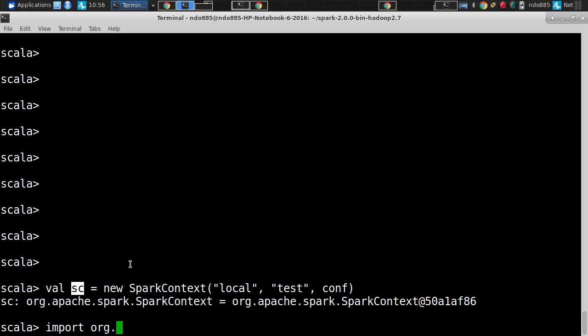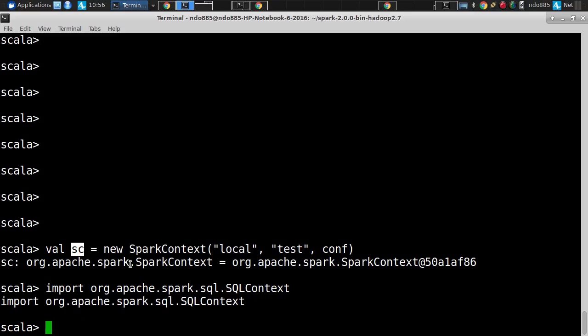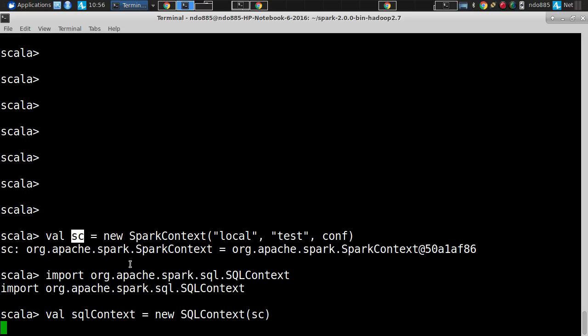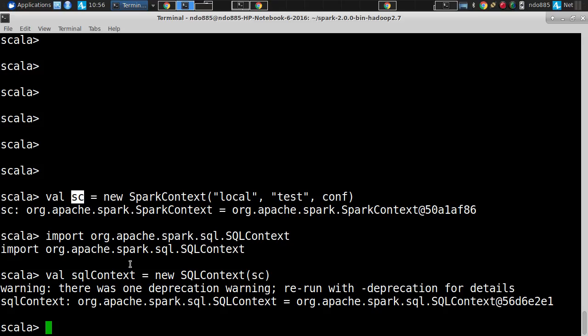Import org.apache.spark.sql.SQLContext. Okay, and then we're going to do val sqlContext equal new SQLContext(sc). We're creating a new SQL context, and finally, one more import yet: sqlContext.implicits._